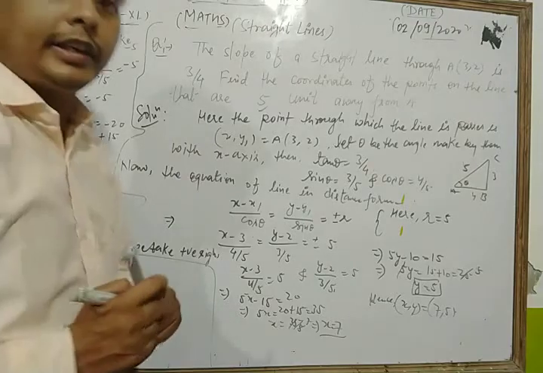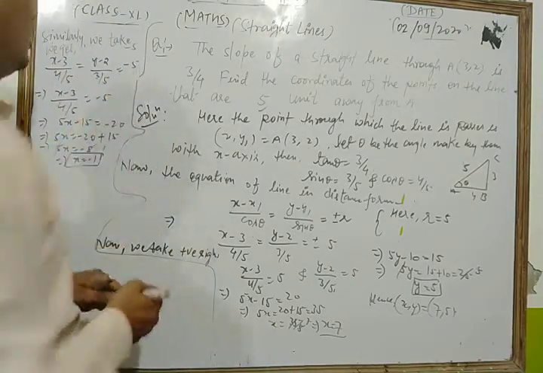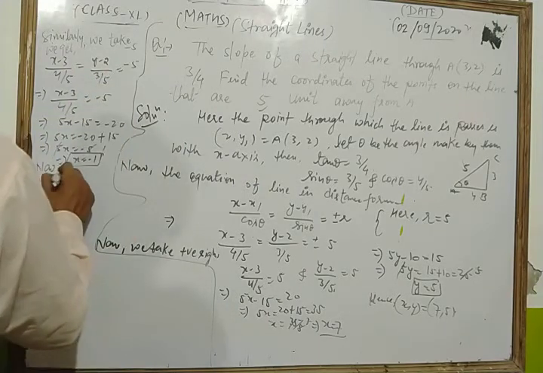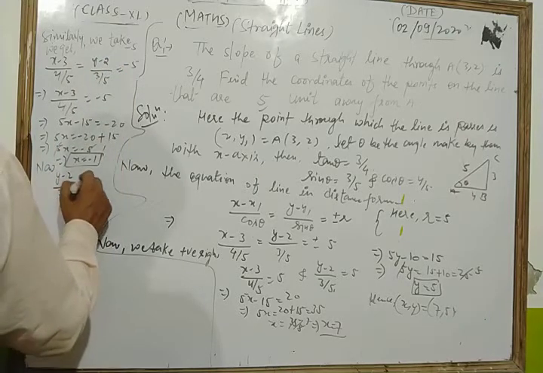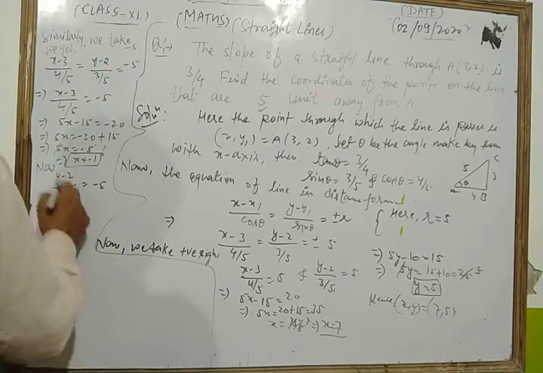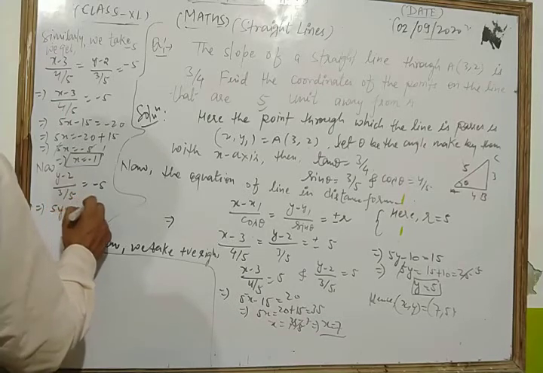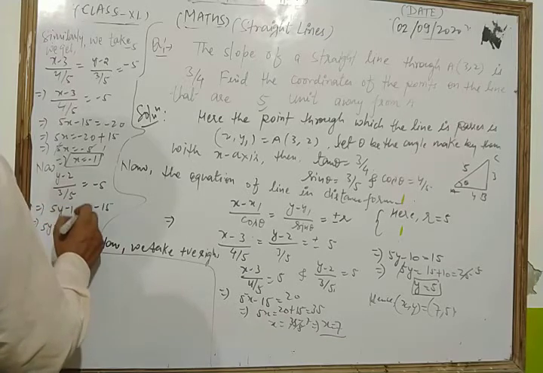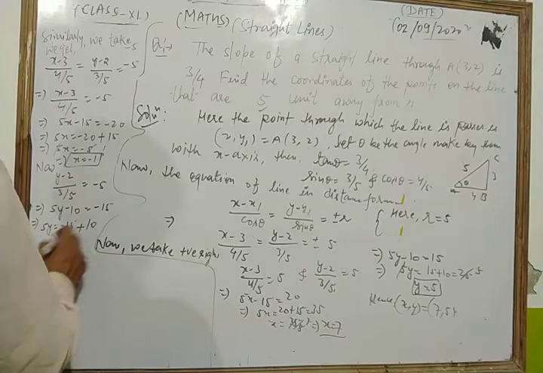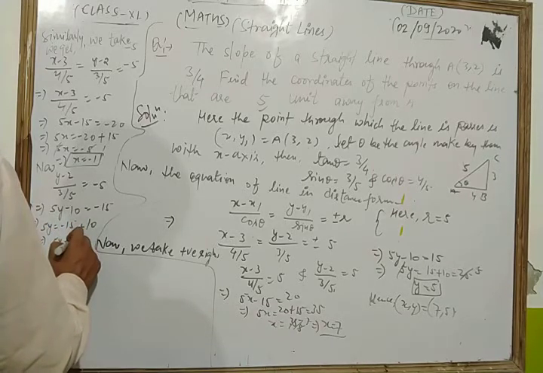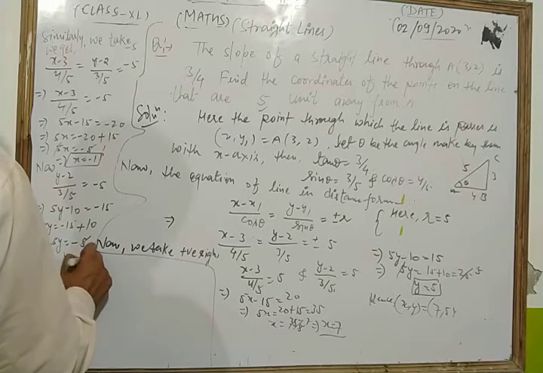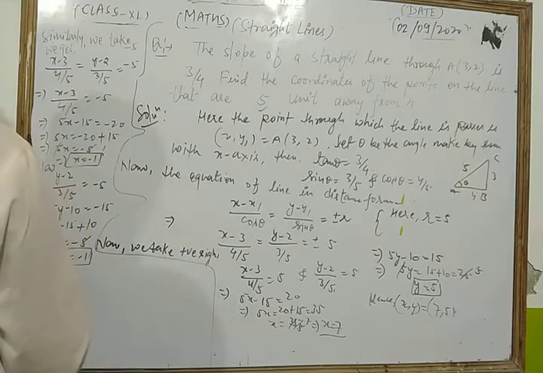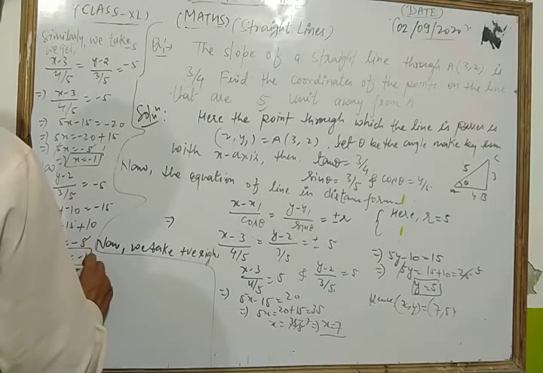Okay, now what do we take? Now we take this is equal to minus 5. Now if we take (y minus 2) upon 3 by 5 is equal to minus 5, then we have 5y minus 5 times 2 is 10, is equal to 5 times 3 is minus 15. So 5y is equal to minus 15 minus, that side transfer that side, so we get plus 10. So we get 5y is equal to minus 5, 5 cancel to each other, so y is also equal to minus 1.